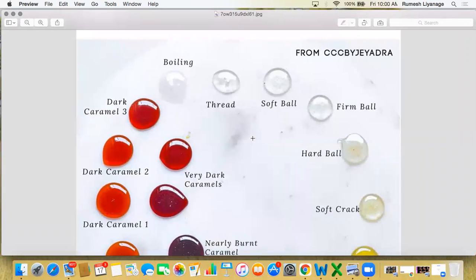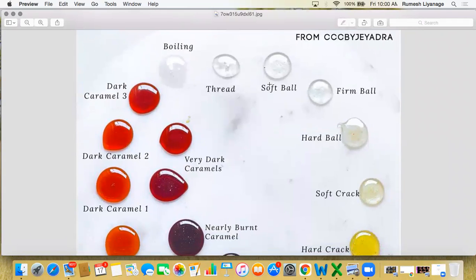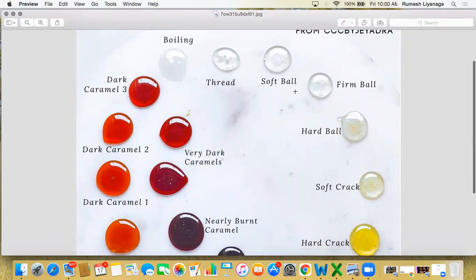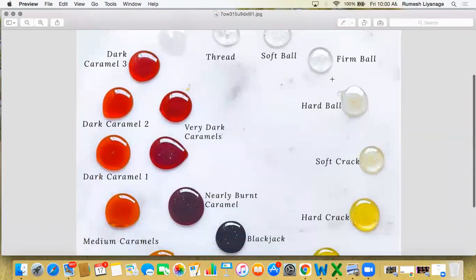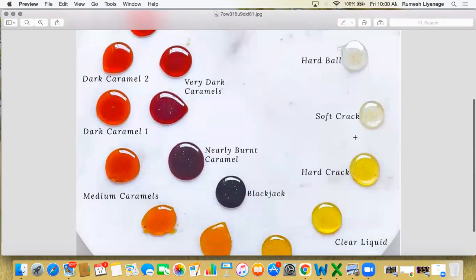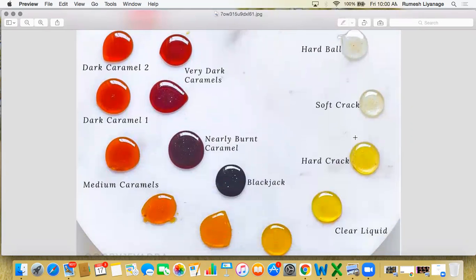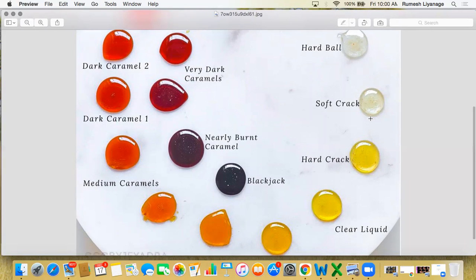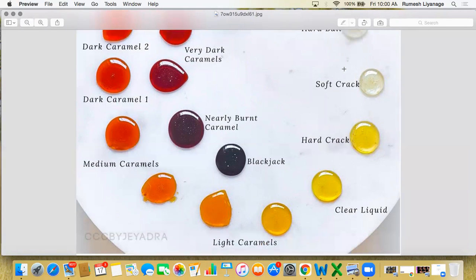Here you can see that when we heat the sugar, you get different colors, right? When boiling, you can see the color, and the thread stage, soft ball, firm ball, hard ball. You can see the color changes here. If you can develop this type of chart in your practical, then I think it's brilliant. So you had better take a few drops, develop such a chart, take photos and attach them to your practical report. I think you can get a very interesting chart. Color changes and texture changes are also there.